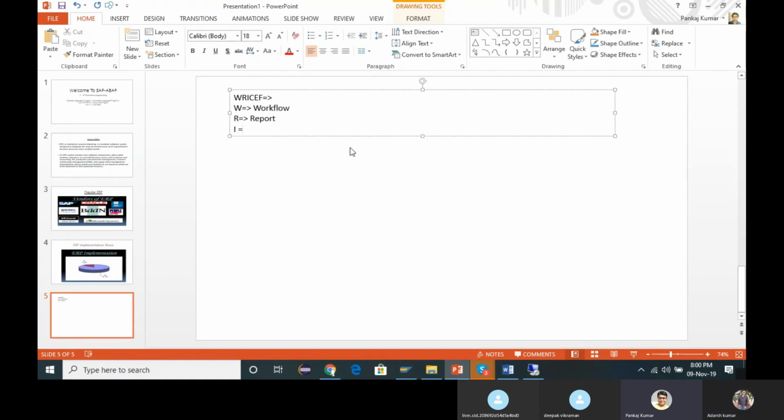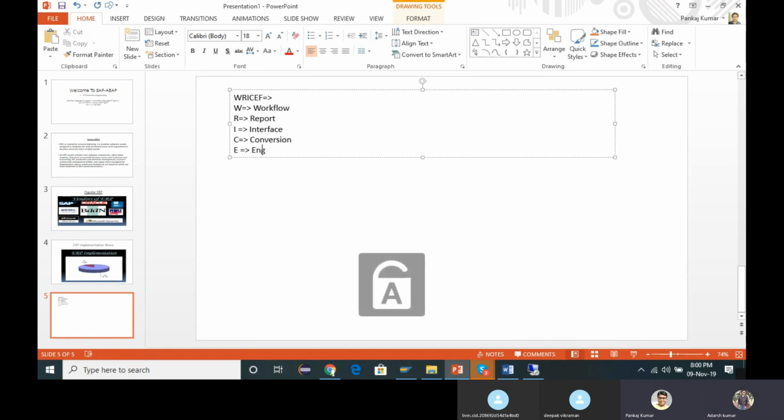Can you tell me what is I for? I is for interface. Good. C is for conversion, and E is for, tell me, enhancement. Right. And F is for forms. Good.